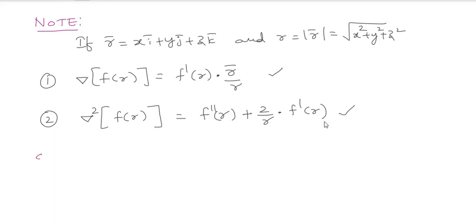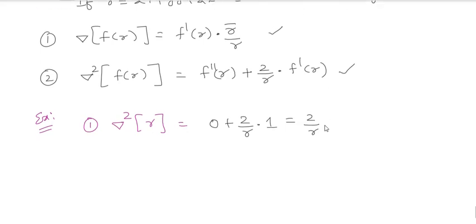So let me take an example so that you people will have an idea. Let me calculate the first one, del square of r. Del square of r is f double dash of r plus 2 by r into f dash of r. F dash is 1, f double dash is 0. So 0 plus 2 by r into 1. The answer for this is 2 by r. Don't get confused. Del square means f double dash of r plus 2 by r into f dash of r. That is how you will calculate. Clear? Getting what I am saying?